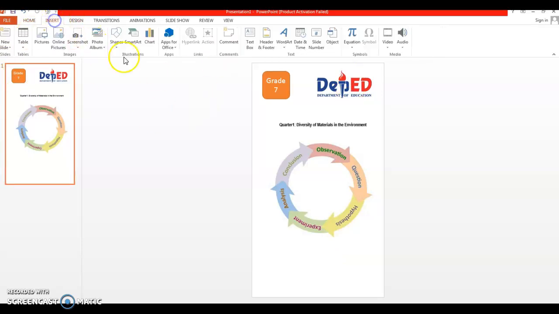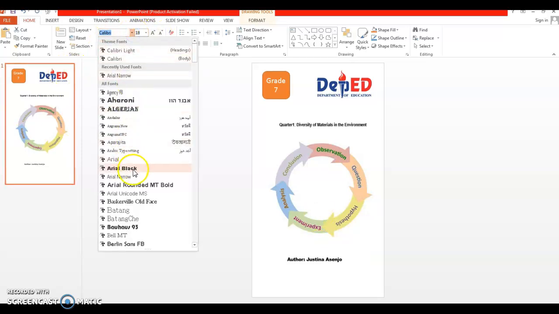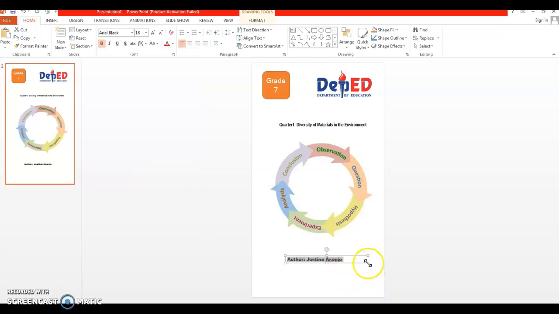Then insert another text box for the author's name. So you're going to write in there Author. You are going to write your name. Let's turn it into the same as the title above. And if you are satisfied already with your book cover,